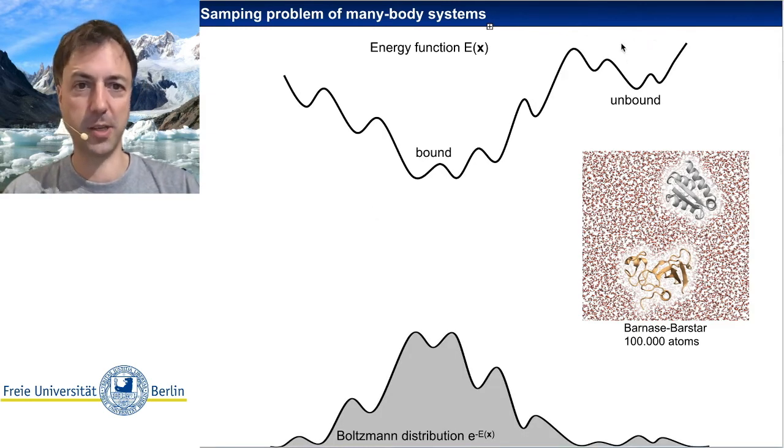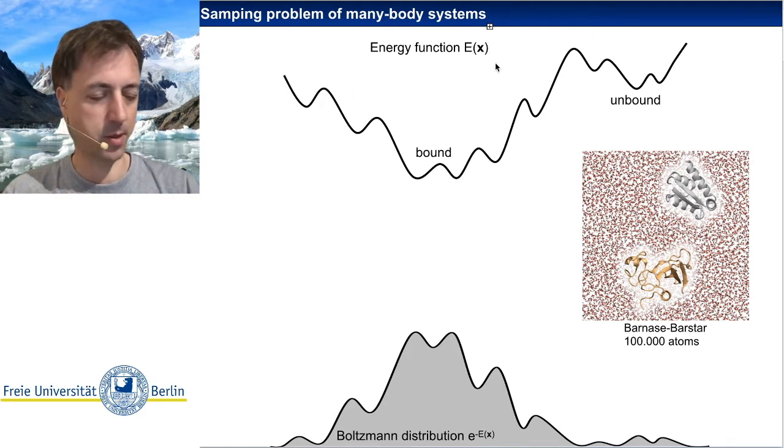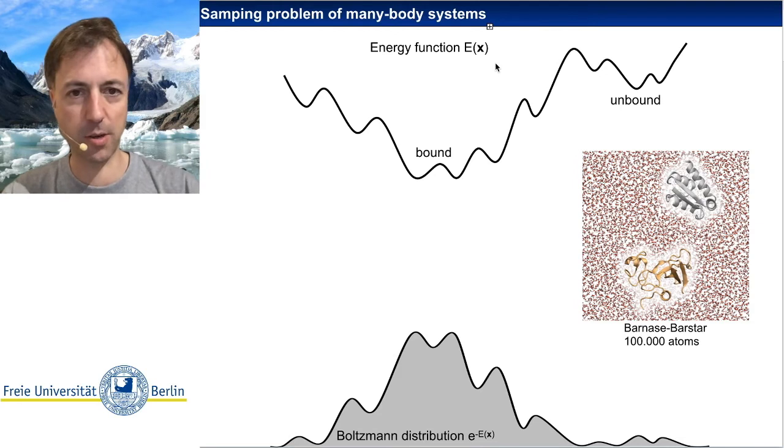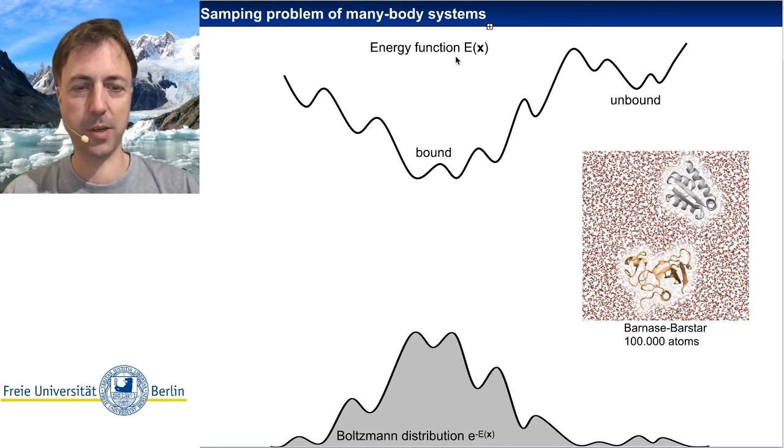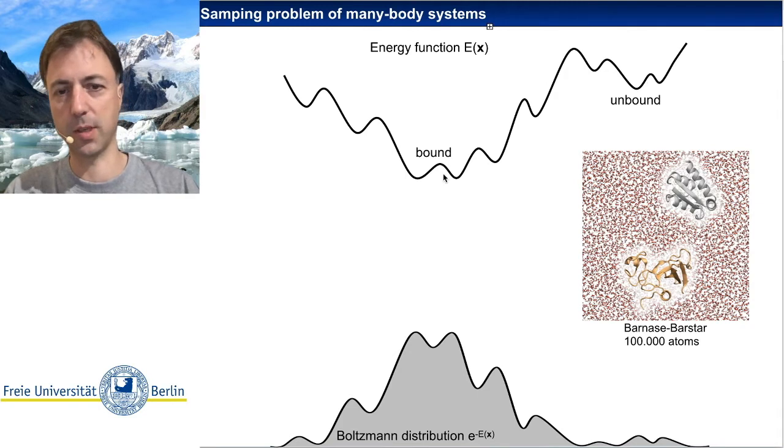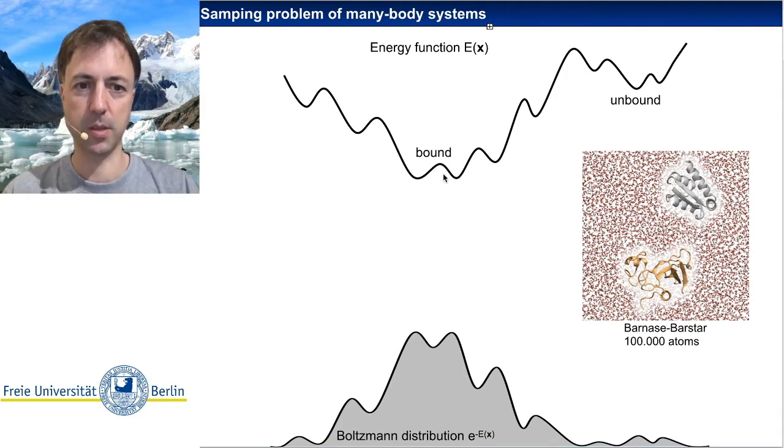We have simulation models, such as energy functions. That's a long story where they come from, and they can also be machine learned. But let's say we somehow have an energy function that tells us for every state of the system, so for every positioning of atoms in space, how energetically happy the system is, and that will translate into a probability distribution that we want to eventually sample in the long run. But we also want to sample how it gets from state 1 to state 2, so dynamical information. We want both. So how do we do this?